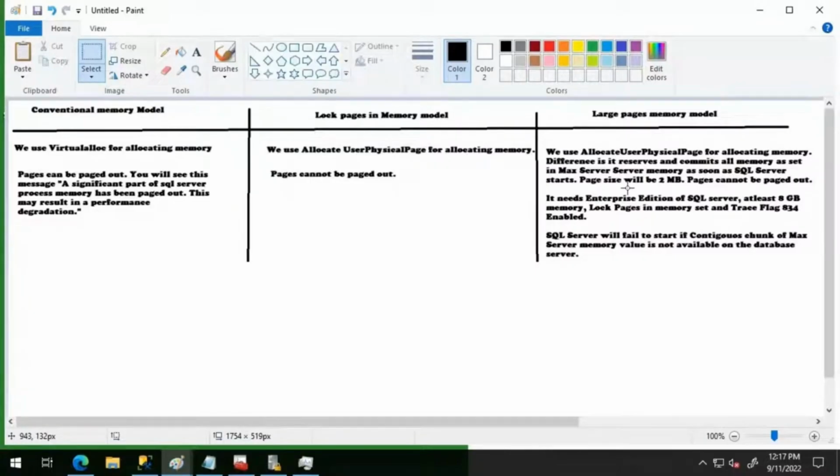For example, let's consider the database server has been running for several months. If you restart SQL Server, there is a high possibility that SQL Server will not start, because it will not be able to commit all the memory that is mentioned in max server memory. It might not be getting the contiguous chunk of memory, maybe because of memory fragmentation and things like that. Now, if you try restarting the server again, there is a high possibility that SQL Server will be able to commit the memory mentioned in max server memory,